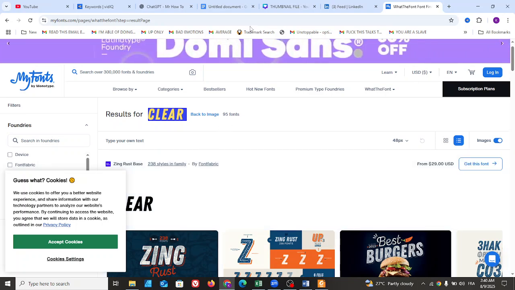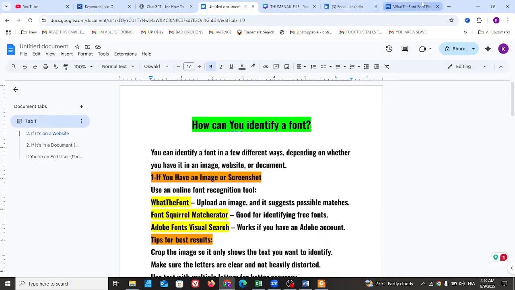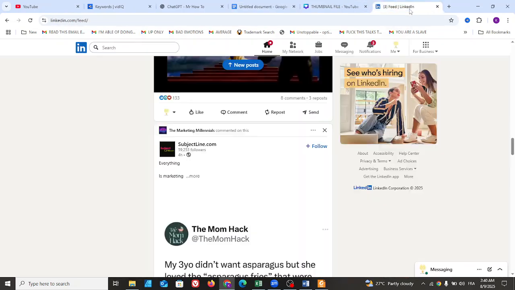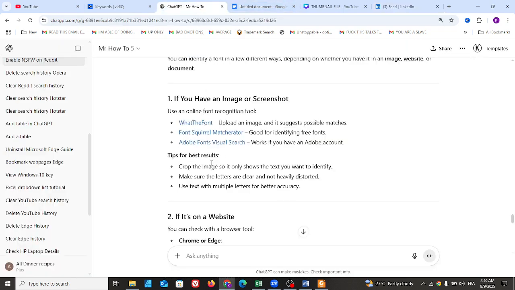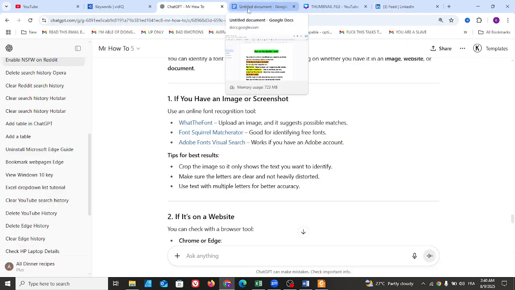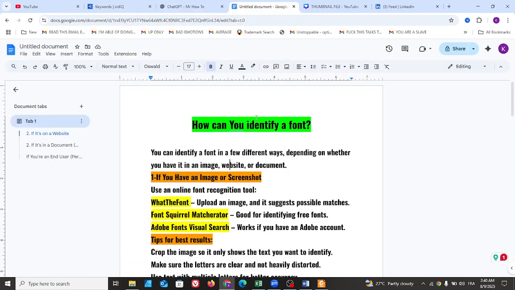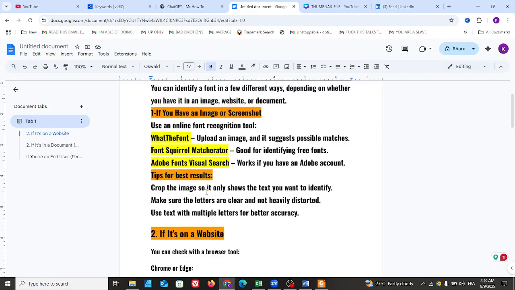Okay, so this is method number one. Let's go ahead and close this. Method number two. Okay, let's go back to our document. This is taken from ChatGPT, guys, so you know. So method number two is